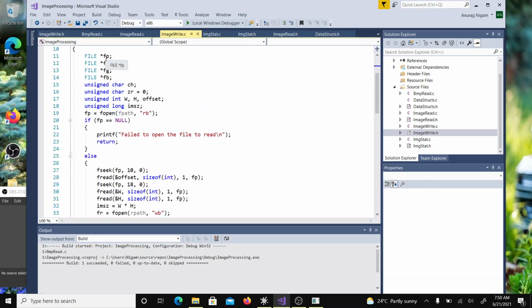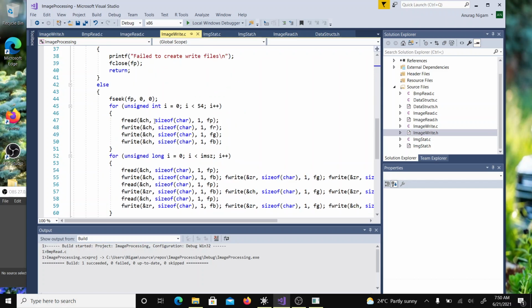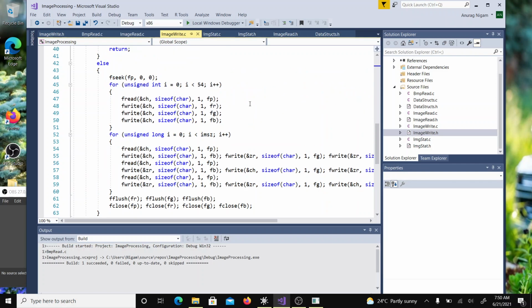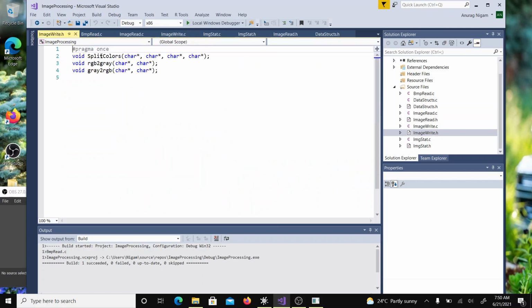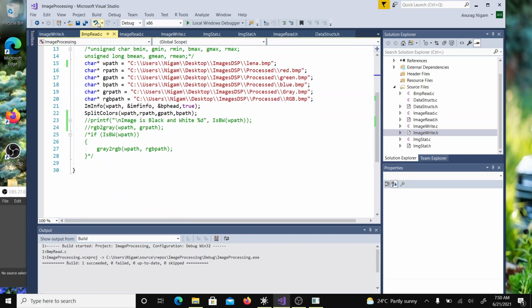I'm opening one file in read mode and three files in write mode, and then I'm reading the file and separating out the blue, green and the red. So that's the function, and its prototype is there in image write.h. That's the prototype here. I am including this header file in my main program over here, and that means that I can call these functions. So if I go ahead and call this function,